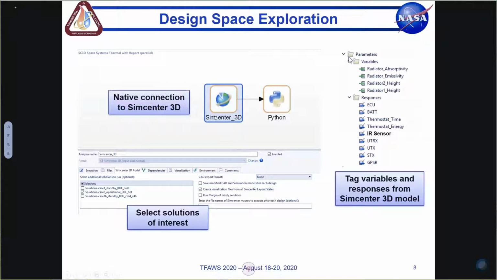So how does this get set up? Once you've got your thermal simulation set up and running, and you've got one set of results, you can fire up the design exploration software, in this case HEEDS, and load it into the HEEDS environment. There's a portal that gives us a native connection to SimCenter 3D. Once you load up the simulation file, it will read in all the solutions, all the variables and the results,